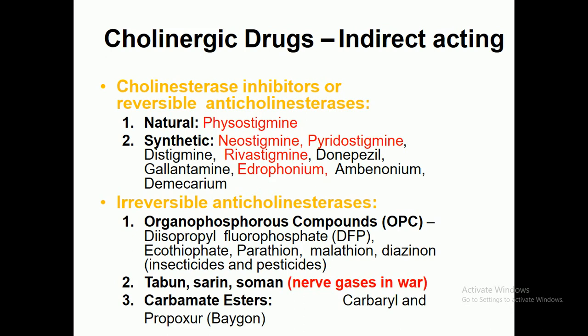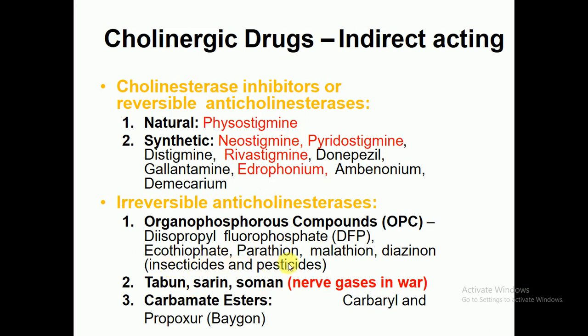The natural cholinesterase inhibitor is physostigmine, while the synthetic ones are neostigmine, pyridostigmine and distigmine, rivastigmine and donepezil, galantamine and edrophonium and ambenonium and demecarium. The irreversible anticholinesterases are organophosphorus compounds, called OPC, such as diisopropyl fluorophosphate, DFP, while the